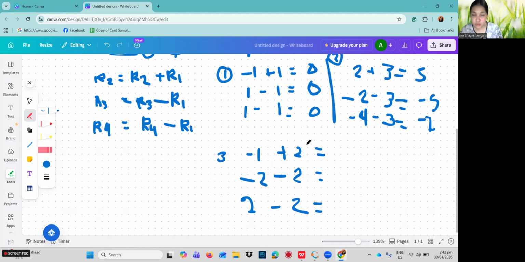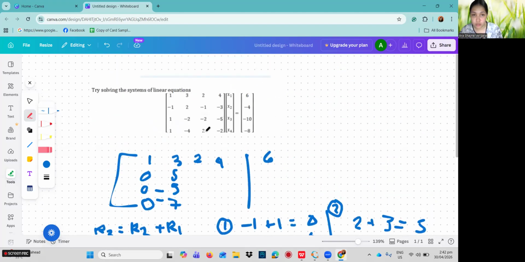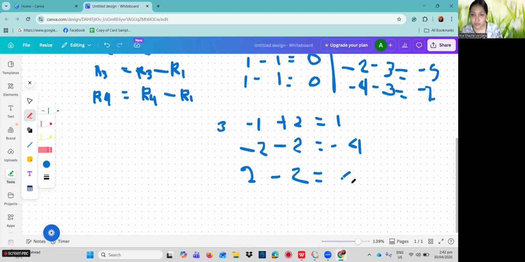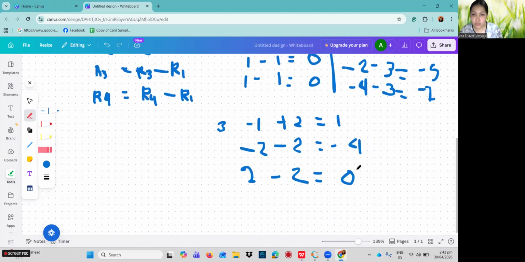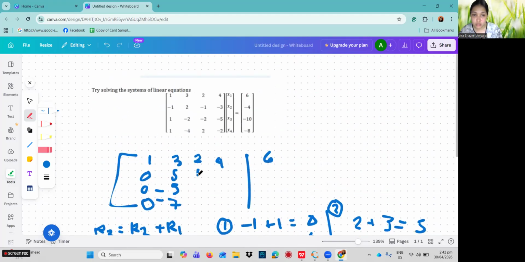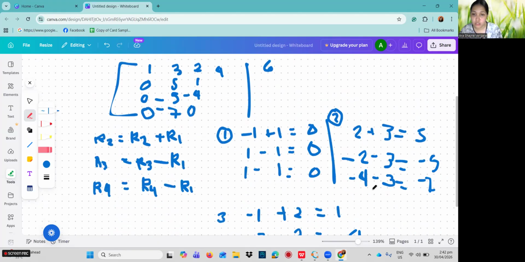Negative 1 plus 2, 1. Negative 2 minus 2, negative 4. And 2 minus 2 is 0. So 1, negative 4, and 0.